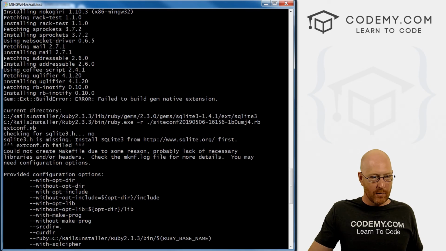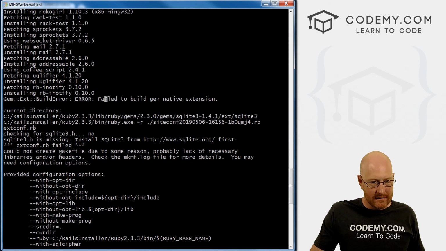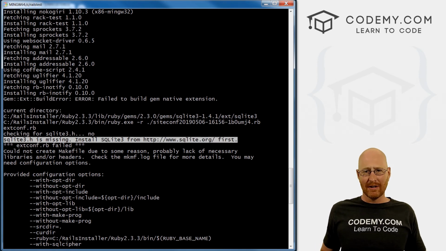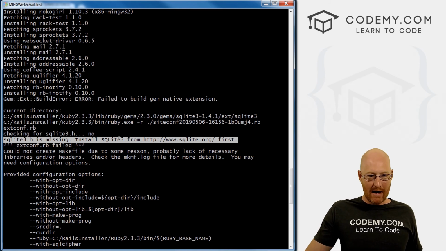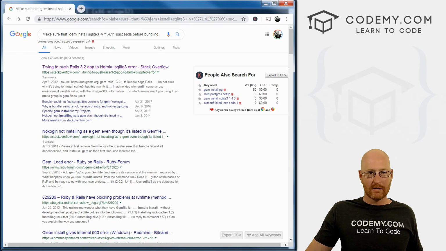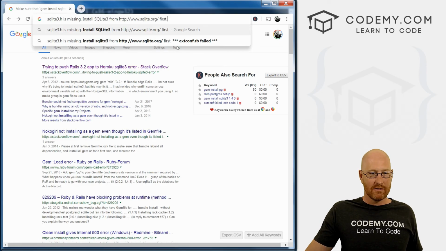If we scroll up, we get even more error messages. Checking for SQLite. So we have this .h thing. What is that? Who knows? Here it says SQLite 3.h is missing. Install blah blah blah first. It's telling us to download SQLite, the database. Now that doesn't seem right to me, but we can copy this at least and head back over to Google and see. If we paste that in,